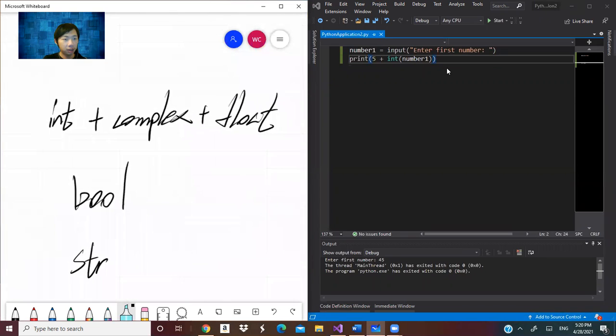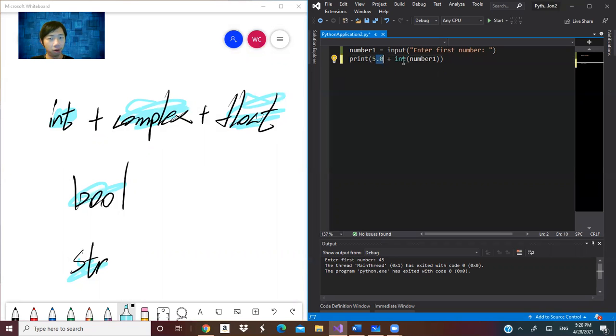And here's some combination. Here are the 5 really basic data types. Now, what if you try 5.0? 5.0 is not an int. It belongs to float, because it has a decimal point.